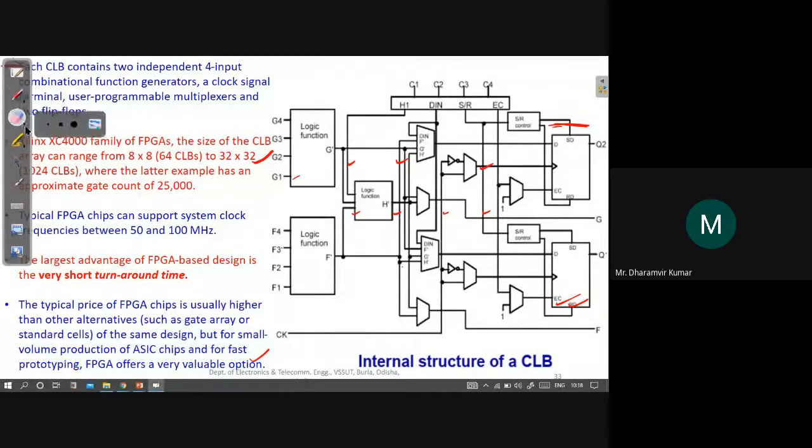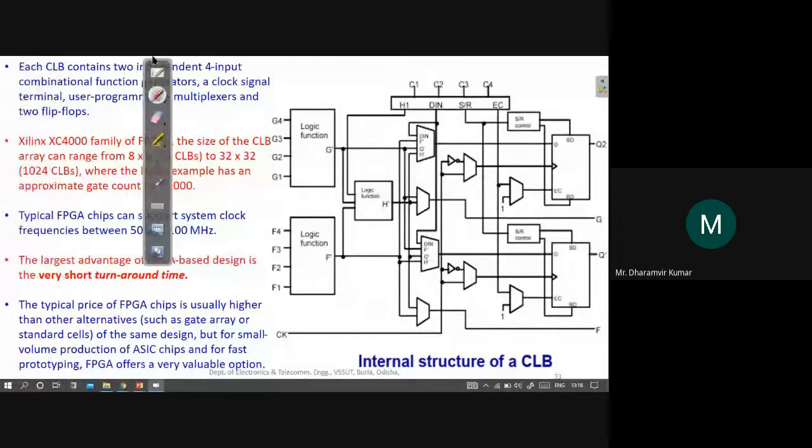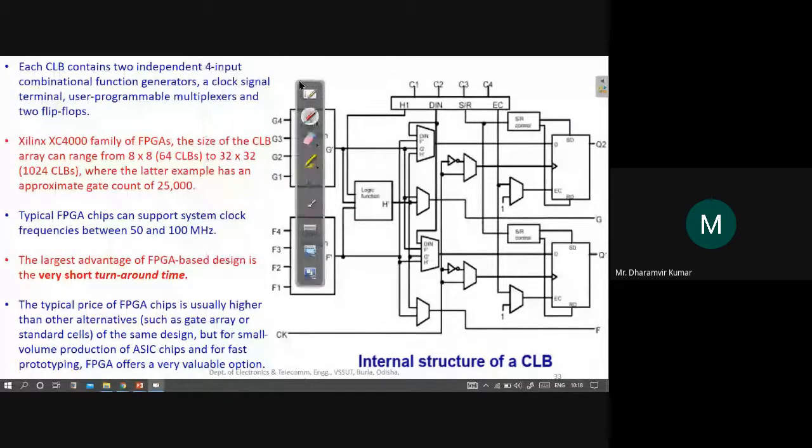Look at here. This is the internal structure of a CLB. So what does a configurable logic block contain internally? It will contain blocks for logical functions. These are 4-input logical functions which can be used for performing logical functions having 4 inputs and 1 output.